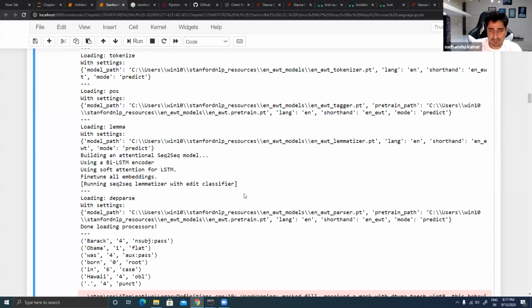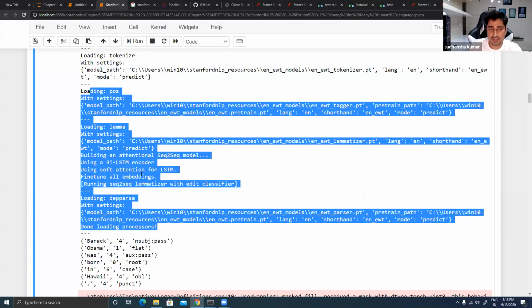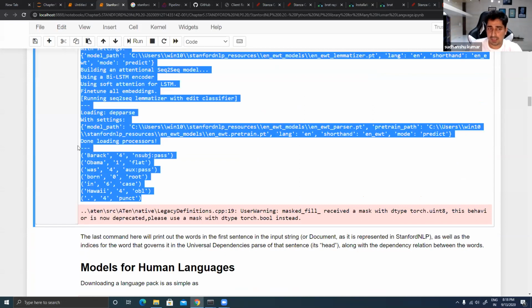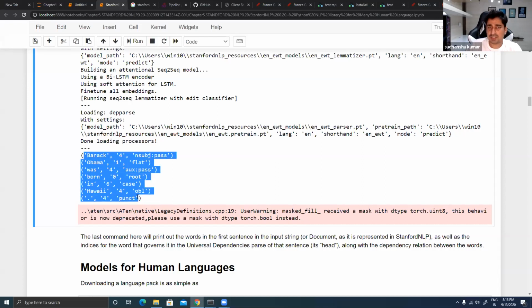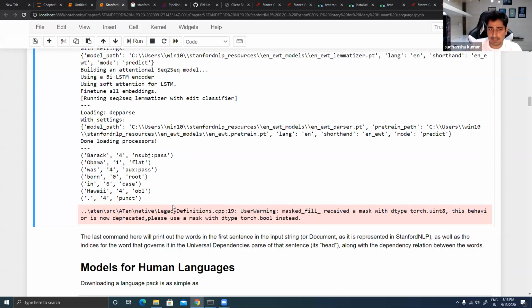So this is just log information which it is trying to give to you, nothing else. Here is an output, here is a result. So it is trying to identify, okay, fine, what is Barack, what is Obama, what is Waj? I think we have seen all of those things yesterday itself. Everything has some kind of meaning, right? So it is trying to label this as a punctuation, this as an OBL. I don't even remember what OBL is. This is trying to represent an auxiliary verb, right? Some kind of a subjective noun it is trying to represent in this way. So it is able to give you some sort of tokens in this particular place.